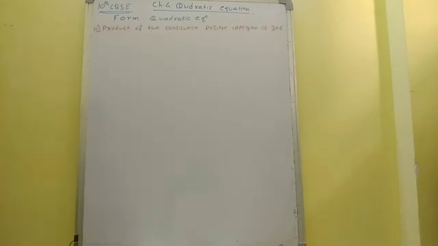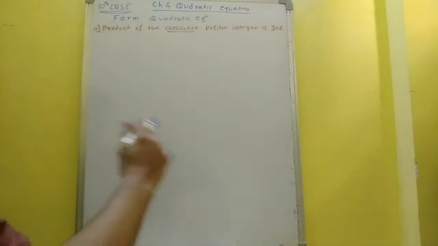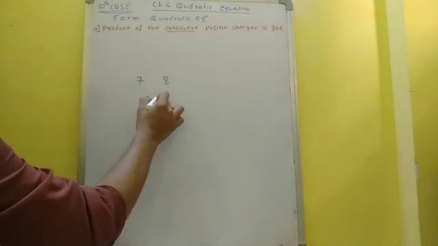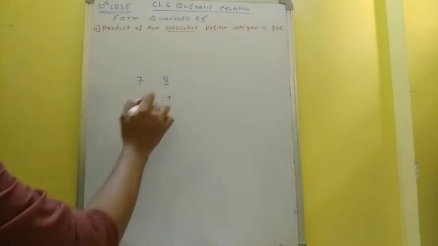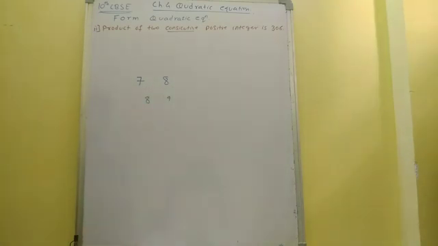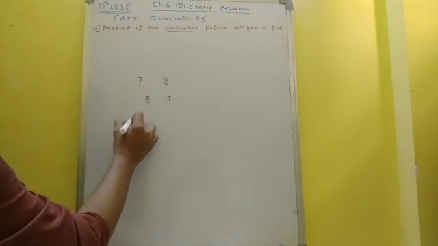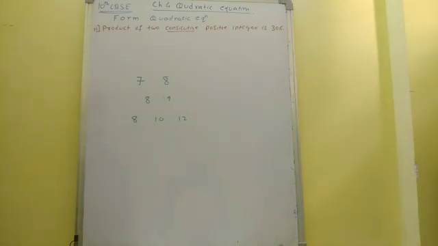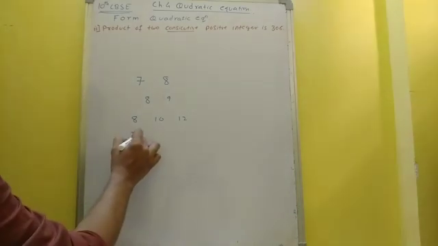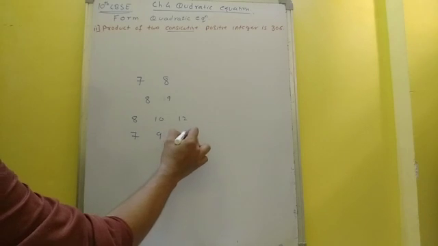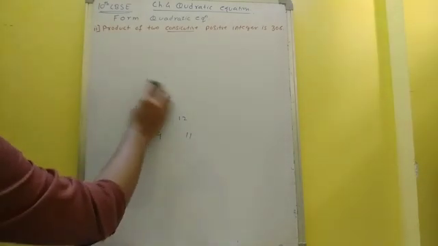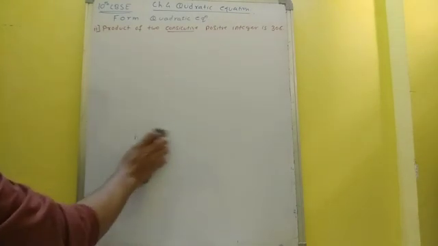Okay. So, the second sum is product of two consecutives. Now, what is consecutive? Consecutive मतलब एक के बाद 7 के बाद क्या आता है 8 के बाद क्या आता है it is 9. Okay. If you are asked this consecutive even number, so 8 के बाद 9 नहीं क्या आएगा 10 के बाद क्या आएगा 11 नहीं 12. Okay. If you are asked to find consecutive odd numbers, 7 के बाद 9 11. तो यहाँ पर कुछ बोला है क्या? Is it given that consecutive odd or consecutive even numbers? No, it is just consecutive positive integers.